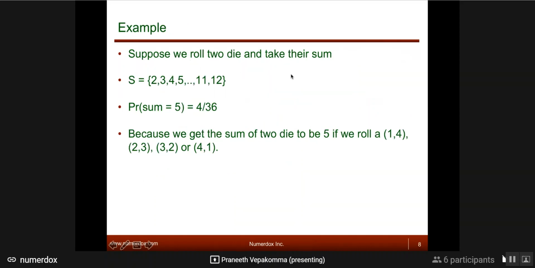All right, so suppose you roll a die and take their sum, right? So you got these sums that you collected. Now the question is, what is the probability the sum is 5, right? You guys have done so much education yourself, so you'll be able to figure this out. You just look at how many ways a sum of 5 can happen, like 2 plus 3, 3 plus 2, 4 plus 1, and so on. So you count that and then you divide by the total number of possibilities.